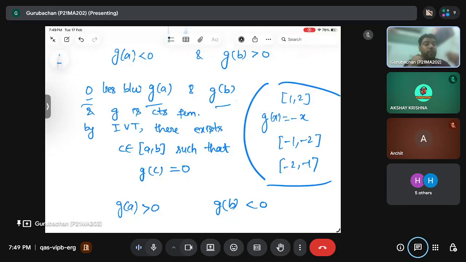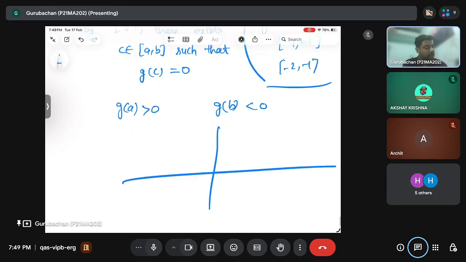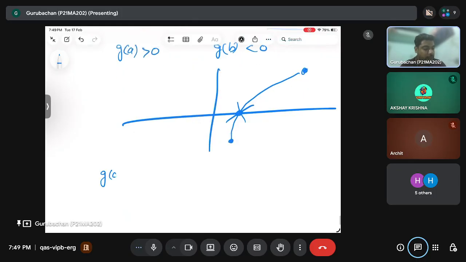Think about it, any continuous function, at one point it is negative, at one point it is positive. That means it must cross the x-axis, if continuity should be maintained. Can you draw without crossing this line? Here at one point it is negative, at one point it is positive, and the function is continuous. Can you draw it? If you cannot draw it, that means IVT gives you the simplest implication: